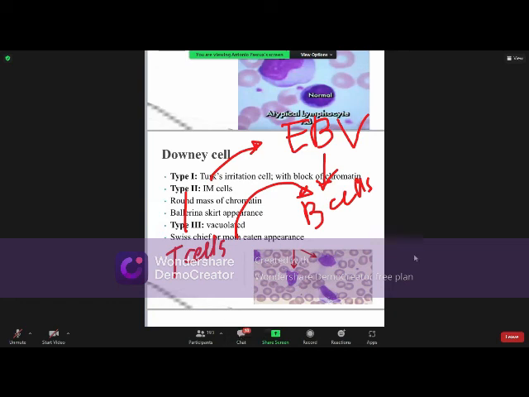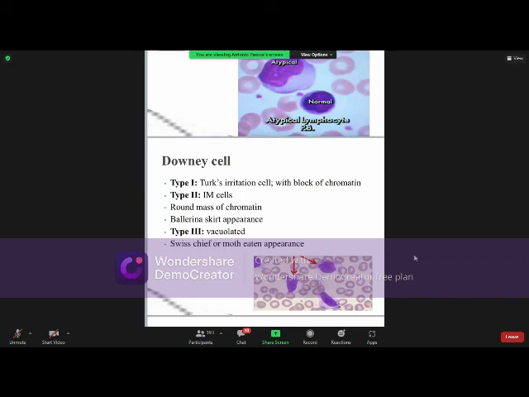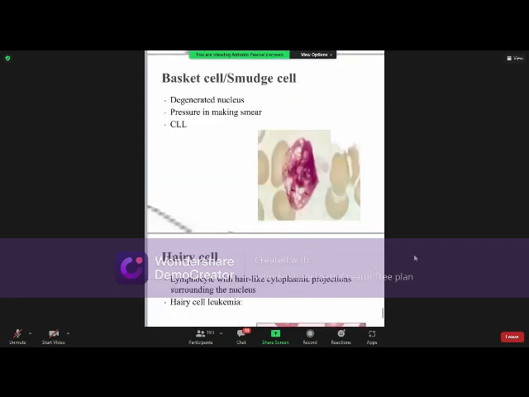So what is the nature of a type 2 Downey cell again? T cell. T cell or B cell? T cell. It is a T cell, reacting to B cells infected with the virus. Okay? Then, if your lymphocytes look like this with the degenerated nucleus, you can call it